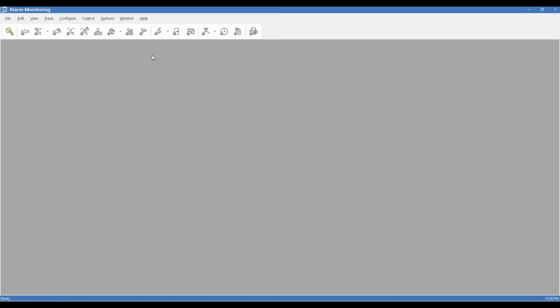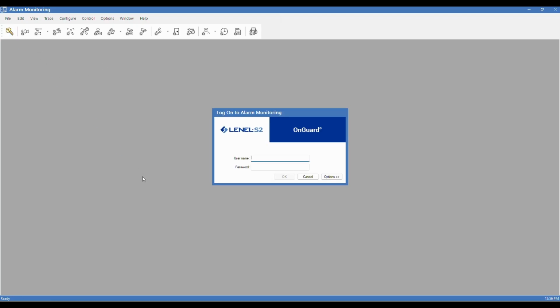And I find that often customers are just barely scratching the surface of what they can do with this program. So what I'd like to do is just take a few minutes to kind of just go through the basics. So we're going to go ahead and we're going to get logged in first. I've already got the software open, so I'm going to click the login button, which normally happens as soon as